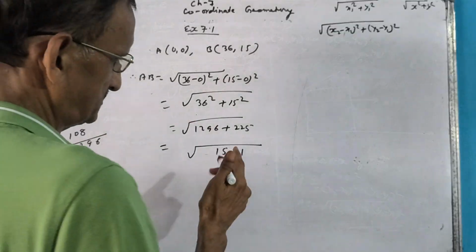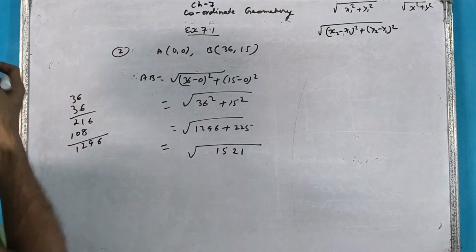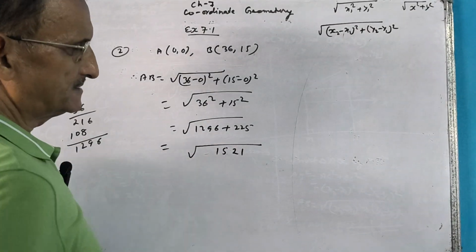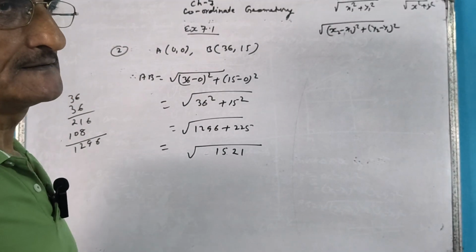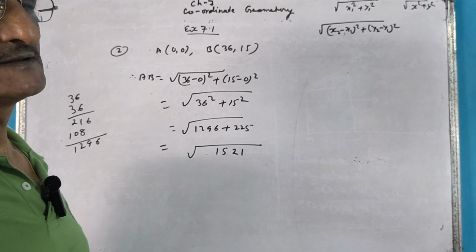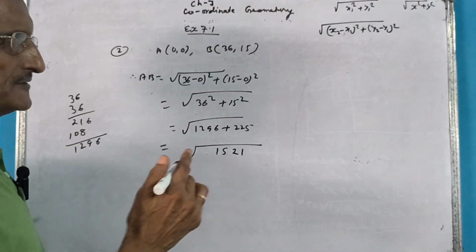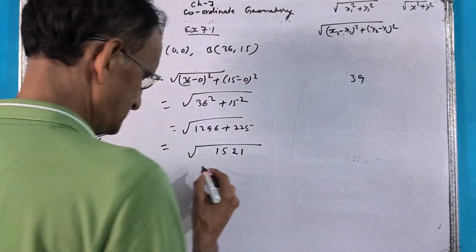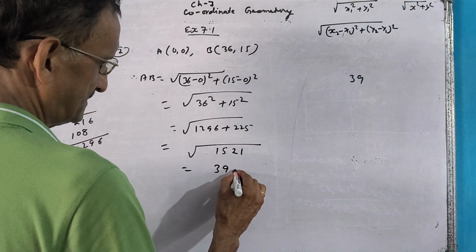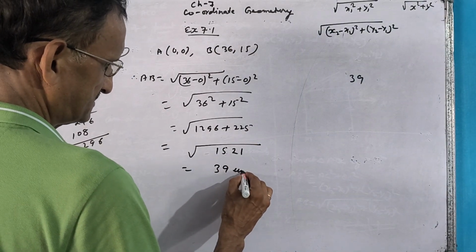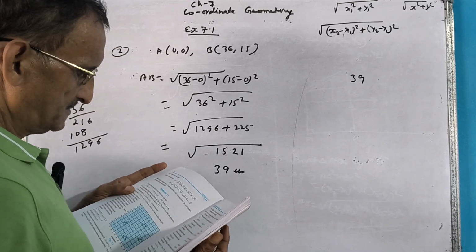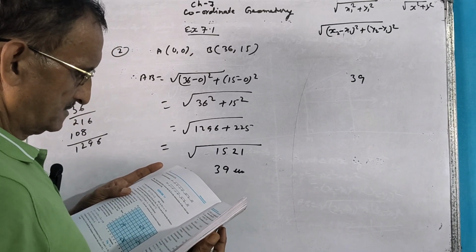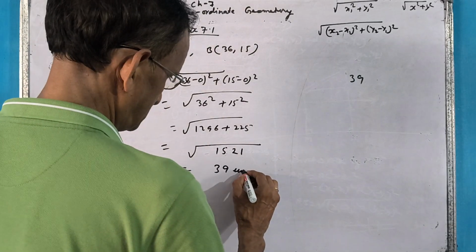What is the square root of 1521? In the units place is 9, so the square root will end in either 1 or 9. 1500 is near 1600, whose square root is 40, so it is less than 40. Is it 39? You can guess it like that. 39 units, and here the distance between the towns is given. Okay, 39 units you can write here.